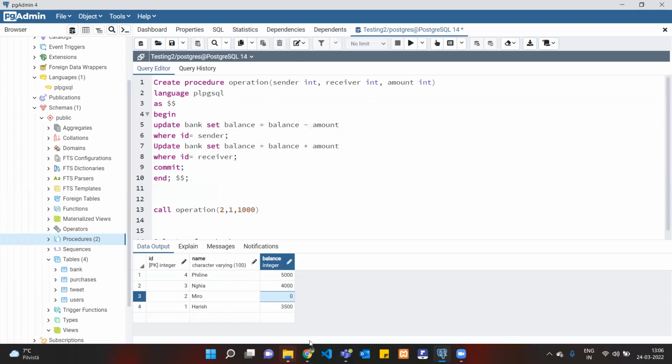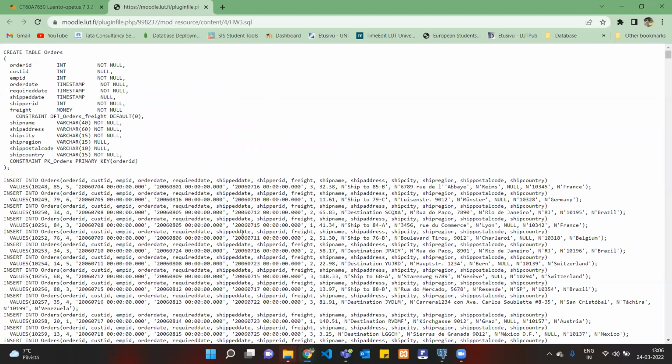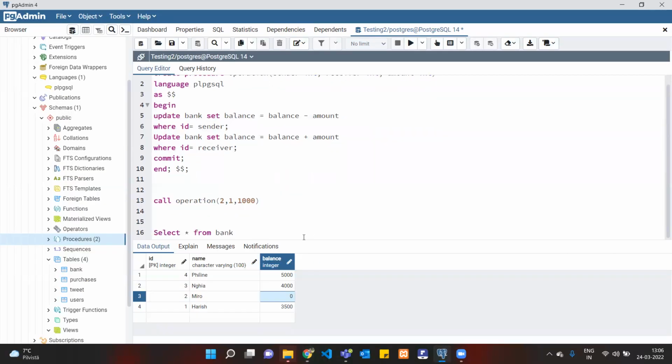Is it clear, the stored procedure? Do you have any questions, comments? You can shoot whatever questions you have apart from these two assignments. If you have any other general queries regarding the course or project or some other assignment which you may be doing,